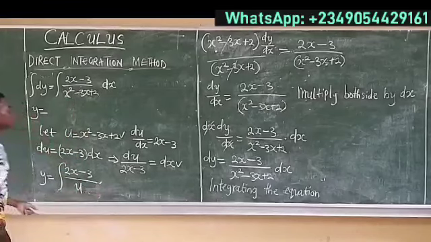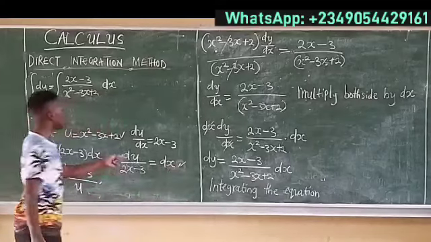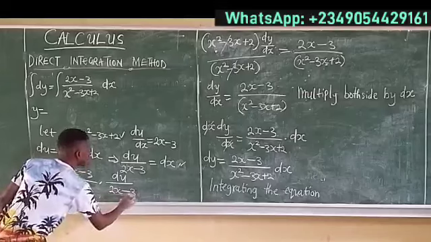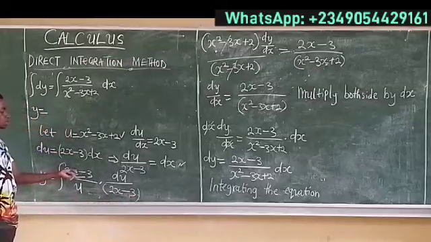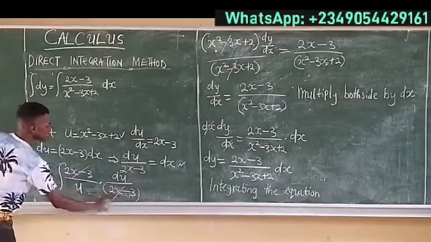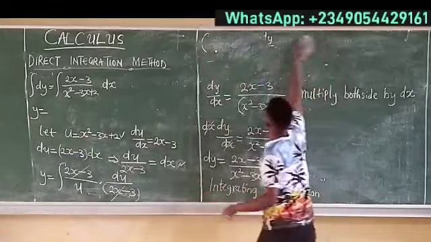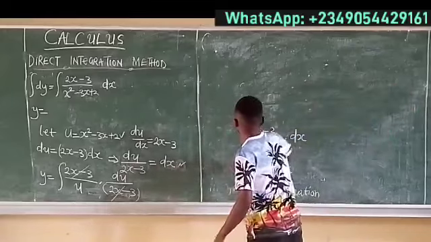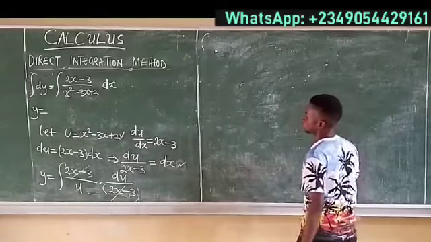Then in place of dx, we are going to put in du over 2x minus 3. Then looking at this, we can see that 2x minus 3 is here and 2x minus 3 is also here. This can cancel out this. Then we'll be left with